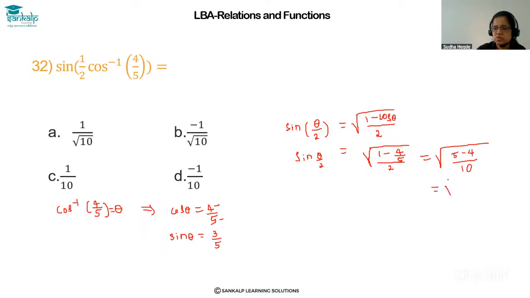That is square root of 1 by 10. So see the given expression. Sine of 1 by 2 cos inverse